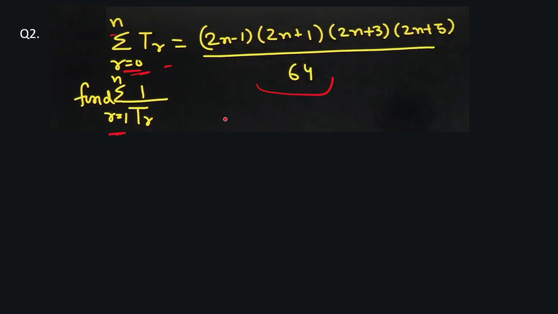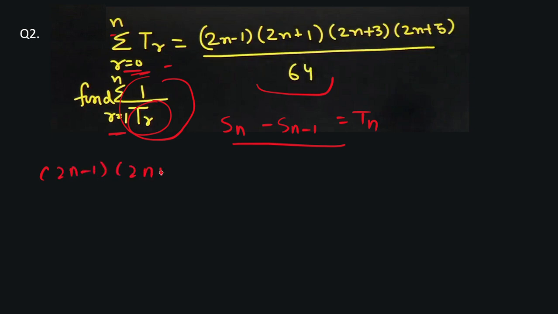So we can solve this by using this formula: Sn minus Sn minus 1 is equal to tn. By using this, we can get the answer for tr. Then we'll solve for 1 by tr. So now, given in the question, 2n minus 1 into 2n plus 1, 2n plus 3, 2n plus 5 by 64